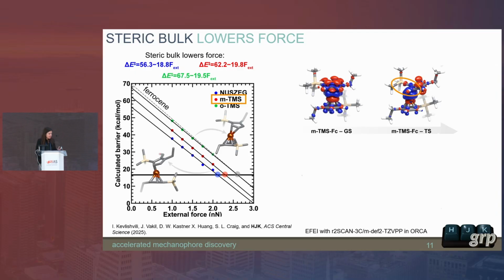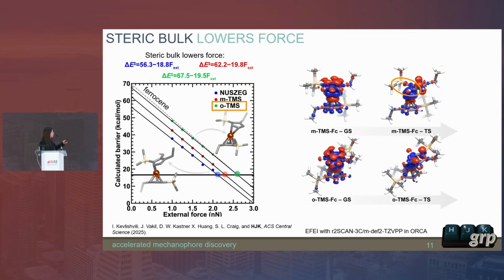And we hypothesized that the way to show that this was in fact this electronic transition state stabilization effect that had never been observed before was to move the TMS group to the ortho position, and then you wouldn't have this electron density being pushed preferentially into the iron in the transition state. And indeed, that's what we see. If we move the TMS group to the ortho position, then we're back to the original standard ferrocene.